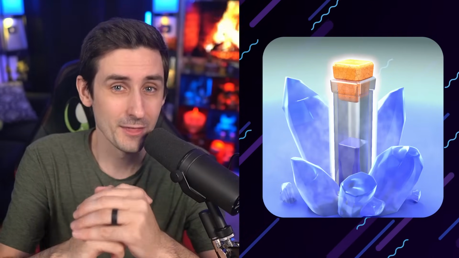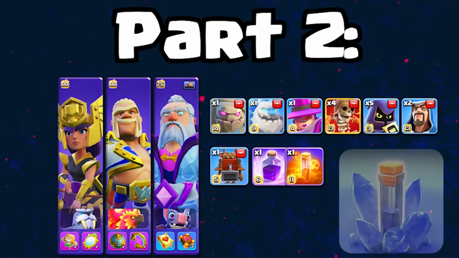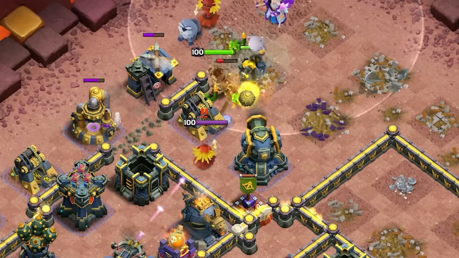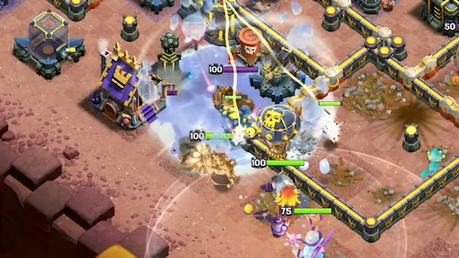But now, let's talk about the Ice Block. There are 3 scenarios where you can use this spell effectively. First is with the hero push. You can use the Ice Block on the Golem or King towards the outside to help tank for your heroes